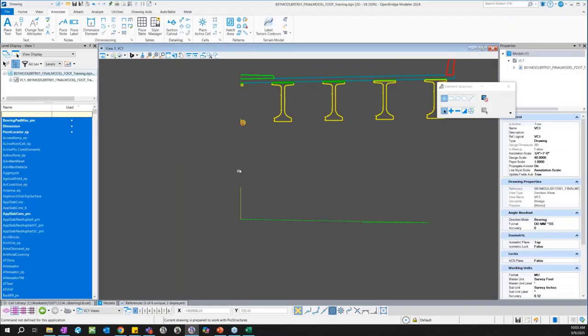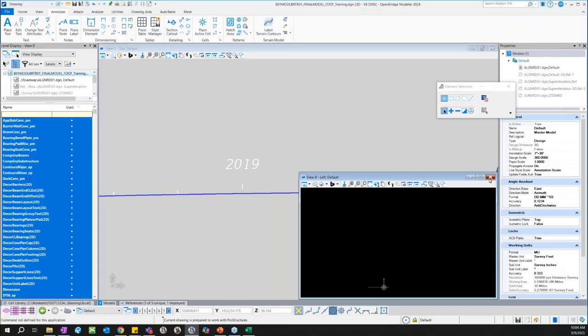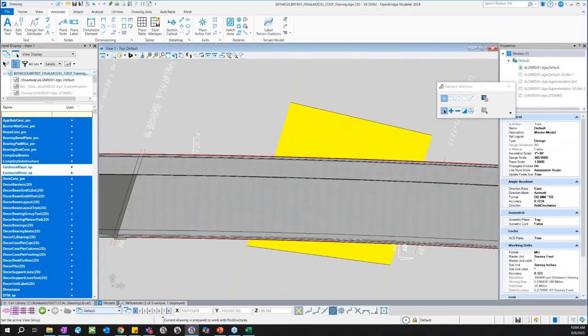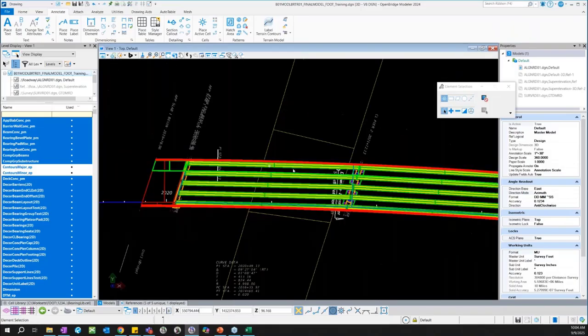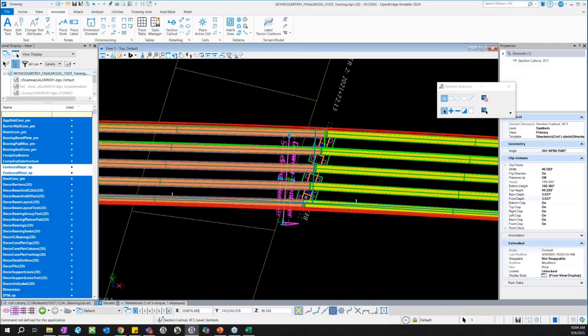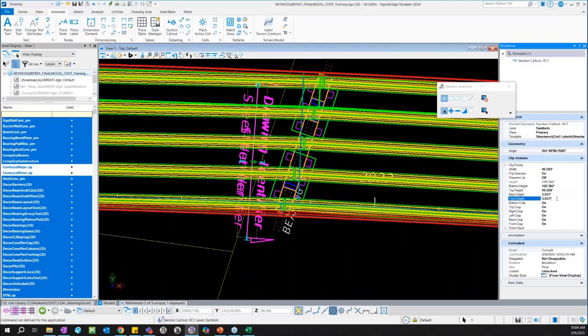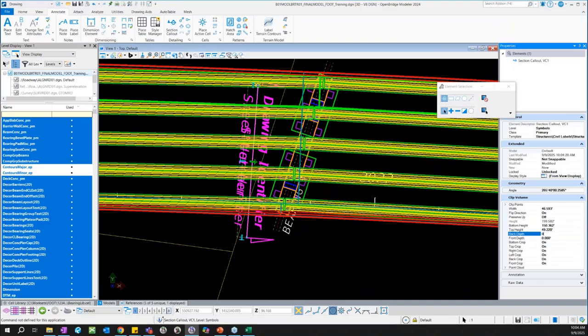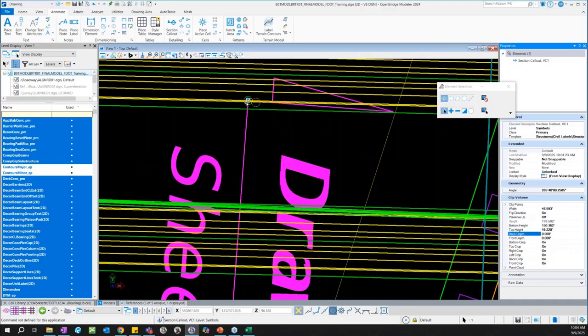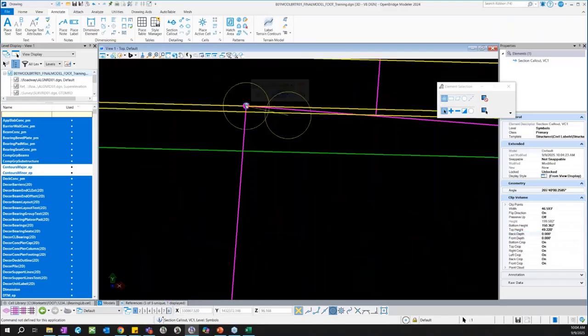So you can actually see that the line is there still, that non-plotting element. So this pops into another model. So if I go back to the default model and go back to wireframe, I still have this drawing identifier here. So I'm just going to get rid of the front depth and the back depth because I just want a section. I'm not worried about depth. And then I can use this handle if I want to pull it past this area of interest,